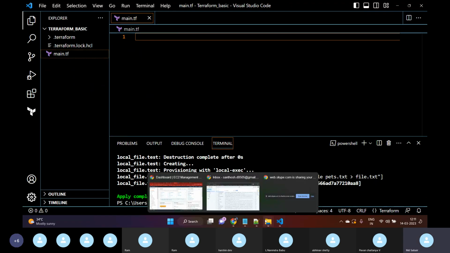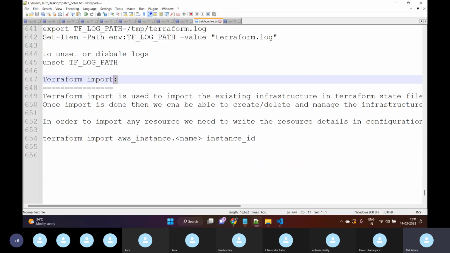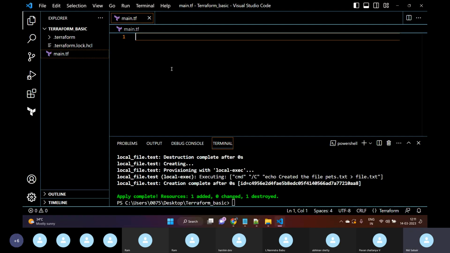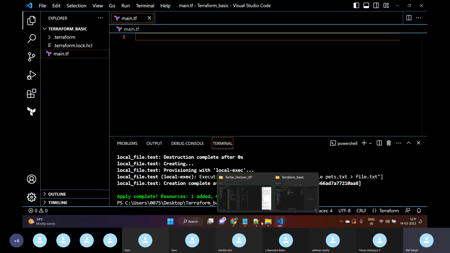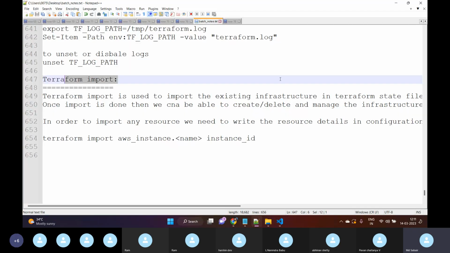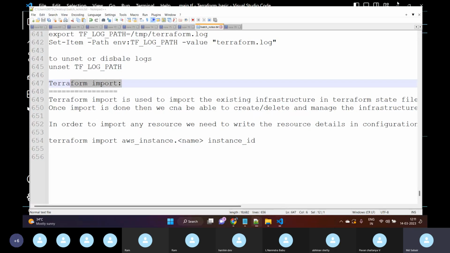Okay, now we will be using terraform import. So apart from terraform, we have a number of tools available in the market to create our instances. Either we can create with the help of Ansible, bash scripting, AWS CLI commands, or with manual interactions. Means manually I can create my instance. So apart from terraform, we have a number of tools which help us provision our infrastructure. That can be EC2, VPC, or anything. So for example, in our case, if there is some existing infrastructure,